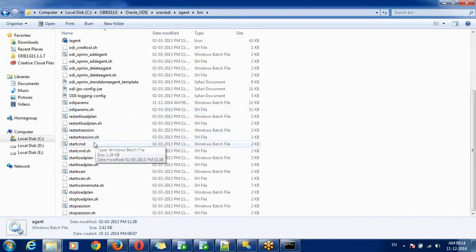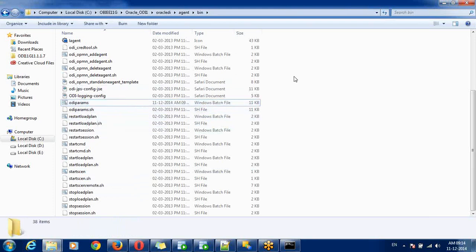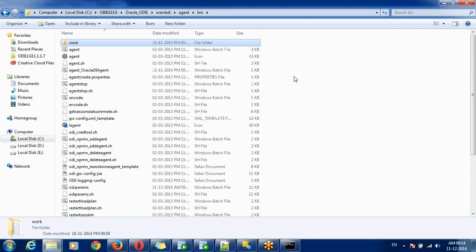Some other commands are stop session, stop load plan, and start scenarios. I will explain these later once we start with development. Up to now, remember ODI params, the agent, and encode.